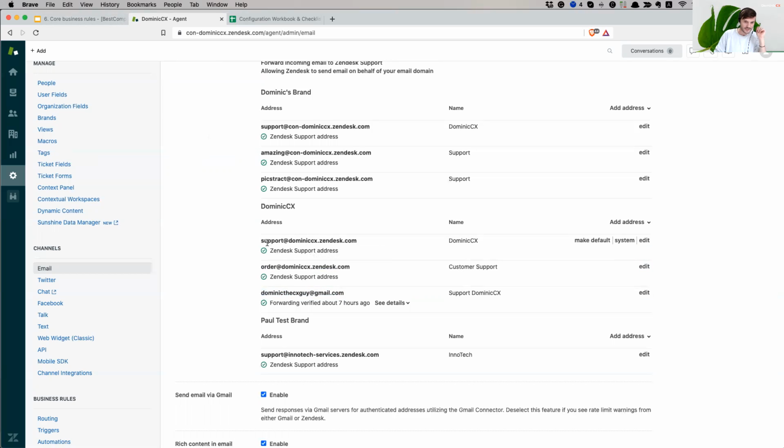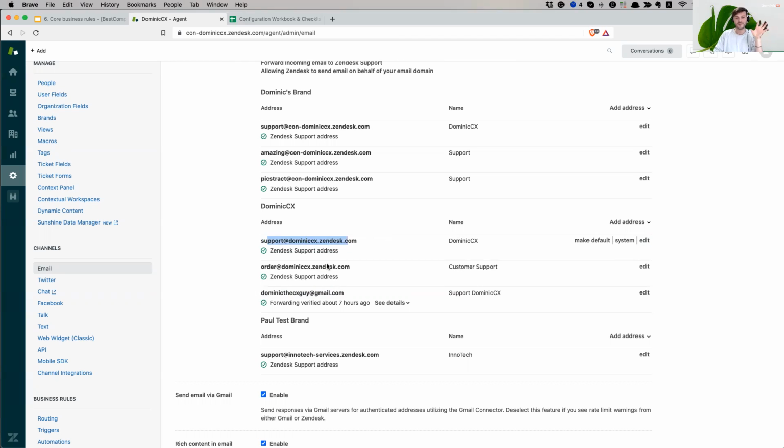This maybe will be a little bit confusing, but I hope it isn't. So we're going to take all of the email addresses that this brand has and put them in any condition. So if a ticket is created, channel is email, and any of these emails will be used. Bear in mind, you can't use three of them, right? You can only use one, so you can only send an email to one email address